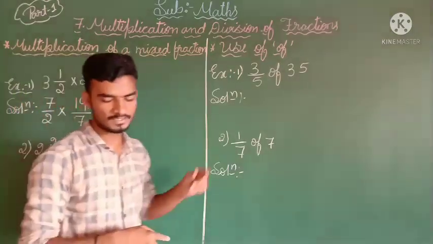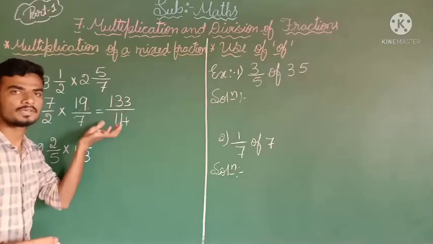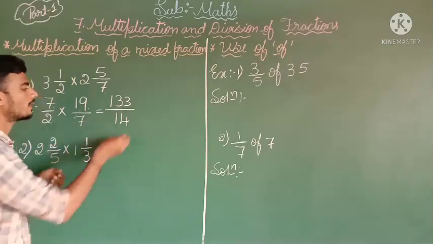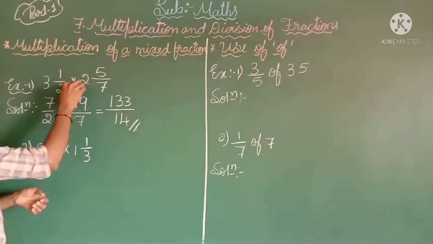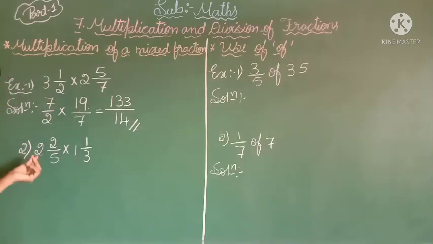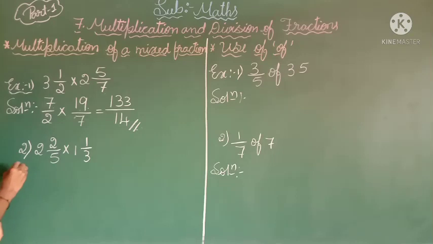Now we have to check whether it is going to reduce into a lowest term or not. No, it is not going to reduce into a simplest term, so we have to leave it here itself. Okay, this is our solution for this question. Next, second question: the same way we have followed here, you have to follow for this also. Okay, solution, that is how to convert this into a like fraction.